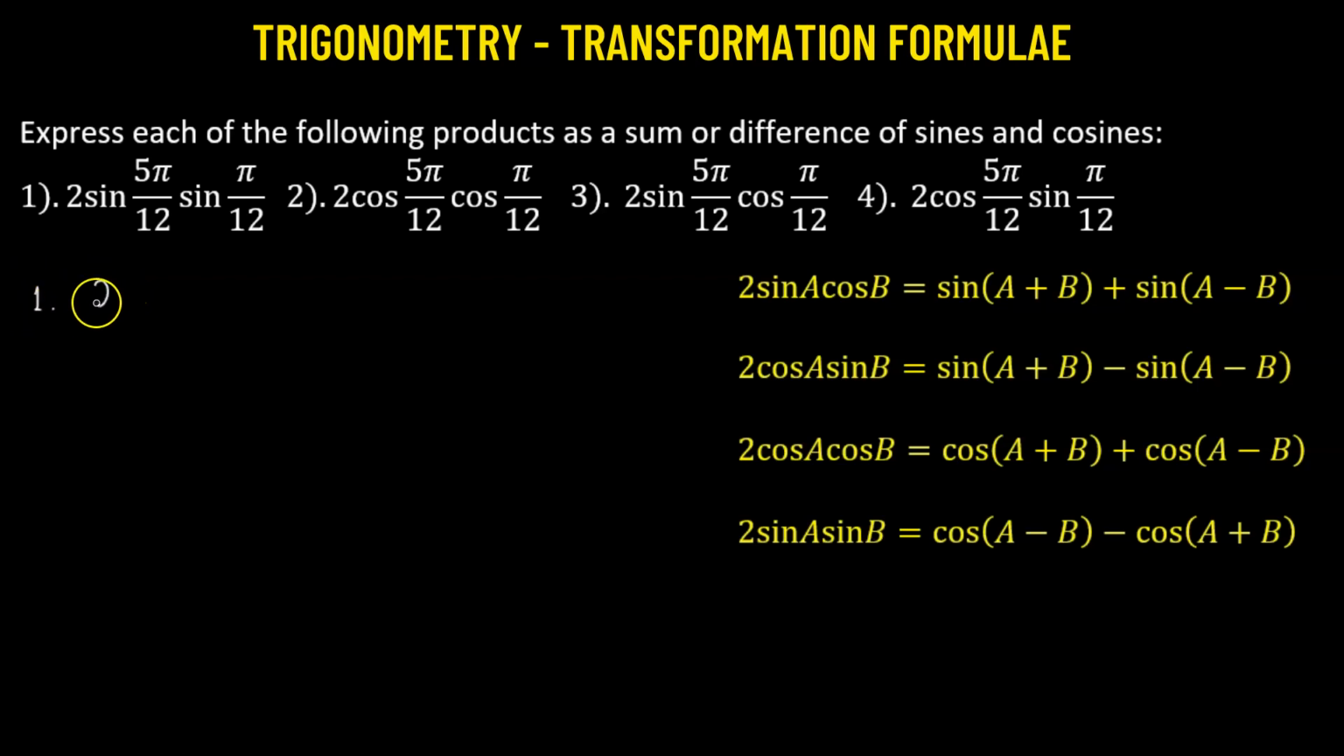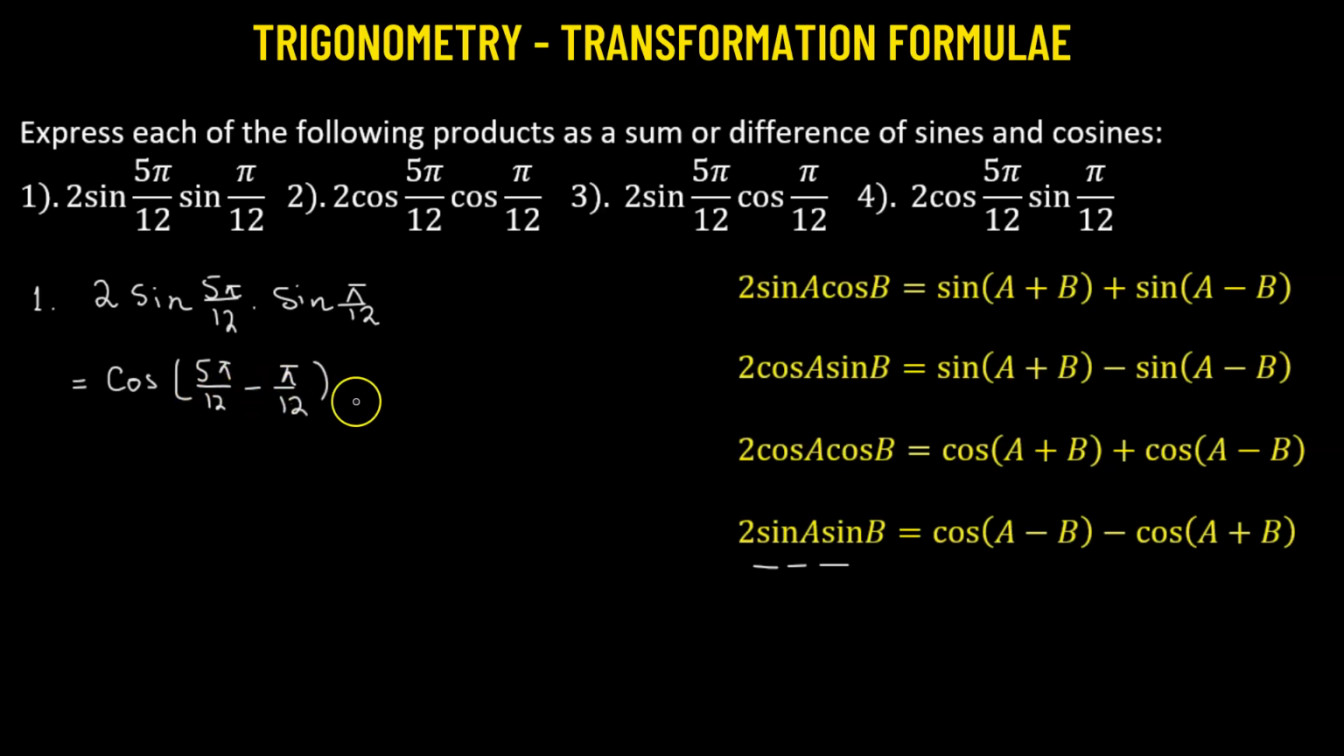So in number 1, we have 2 times sine 5 pi over 12 times sine pi over 12. Now here, this clearly matches with this particular formula, 2 sine A sine B. So that means that will be equal to the difference of two cosine functions. So we will get cosine of A minus B. So let's say 5 pi over 12, that's A, and pi over 12, that's B. So here we'll have cosine of 5 pi over 12 minus pi over 12, minus cosine of 5 pi over 12 plus